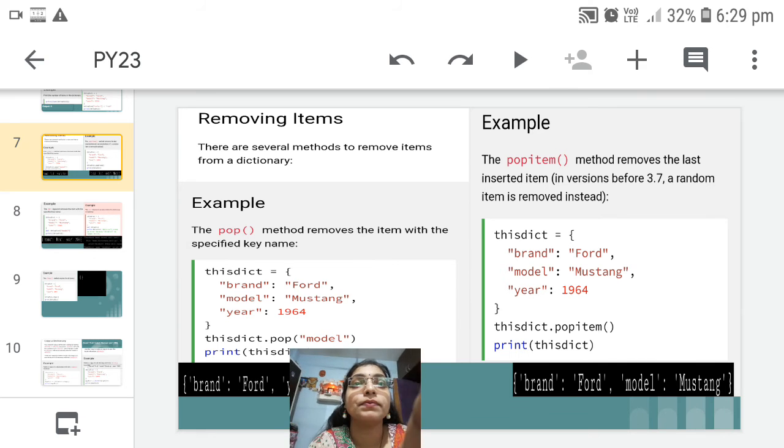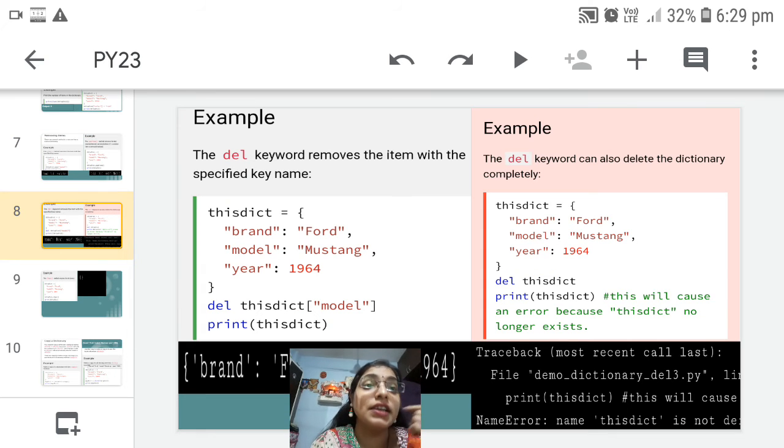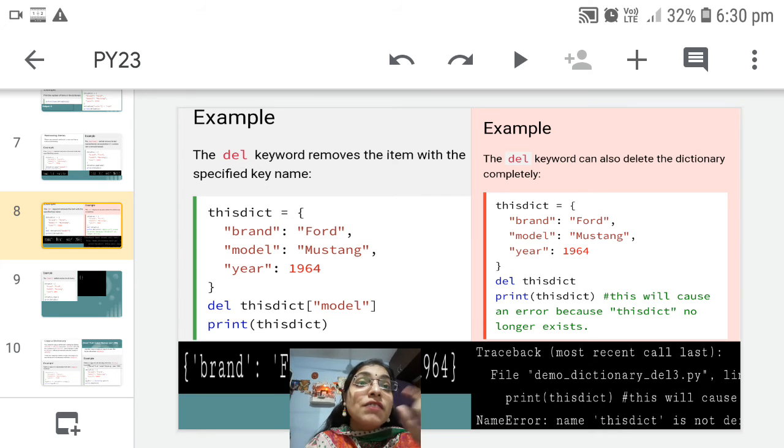Then there is one more way with the help of which we can delete an item, that is the del keyword. Just write del, this dict into square brackets, within double quotes write the name of the key which you want to remove. So this is one way of using del. With the help of the del keyword we can remove an item, and we can also delete the entire dictionary.